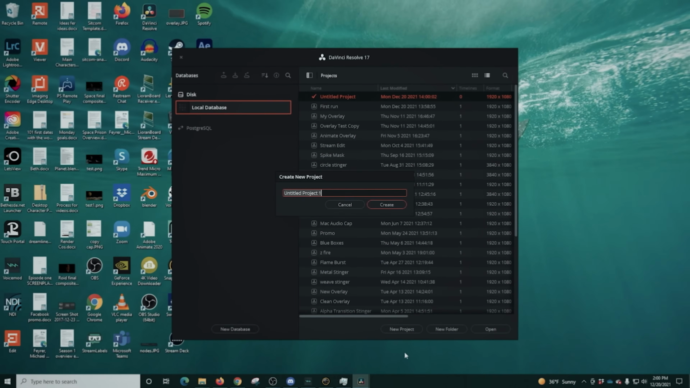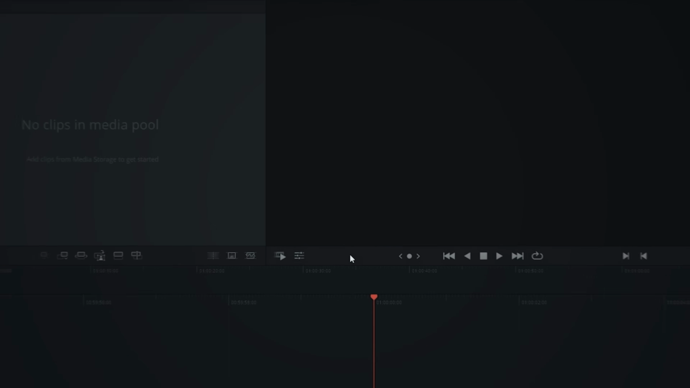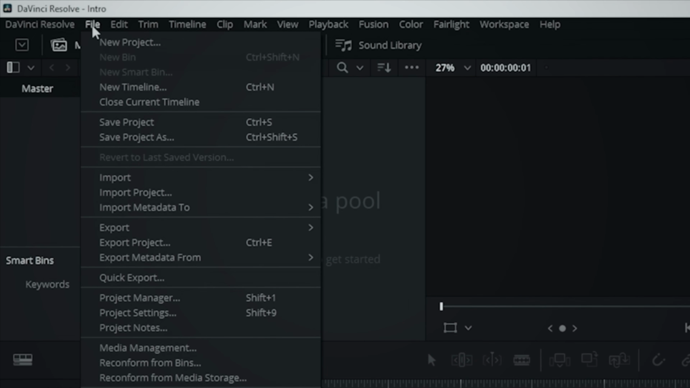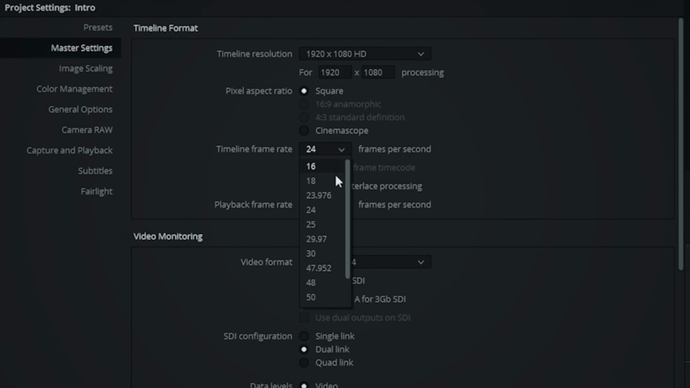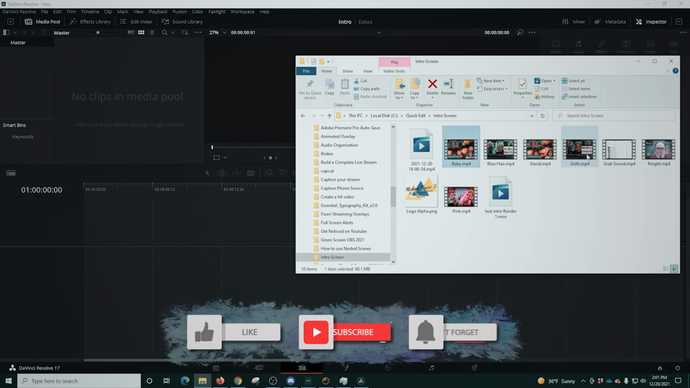Here in DaVinci Resolve, we're going to click New Project and we're going to name our project whatever we desire. In this case, I'm going to call it Intro and click Create. Now I'm going to go ahead and go over to the Edit screen, and I'm going to go up to the top and go to File, and I'm going to just go down to Project Settings. I want to make sure it's 1920 by 1080. I'm going to set my frame rate to 30 frames per second. You maybe do 60. You do you, whatever you want. I use 30. Then I'm going to go ahead and click Save,